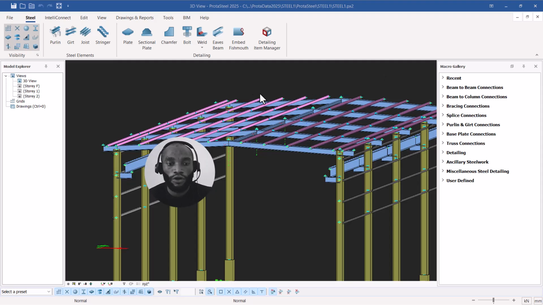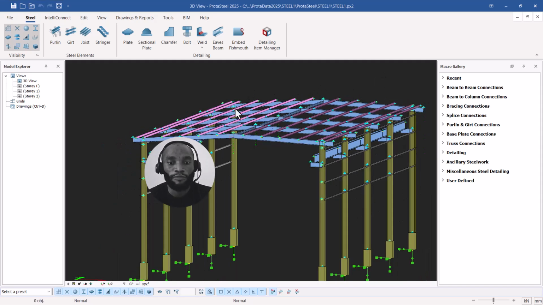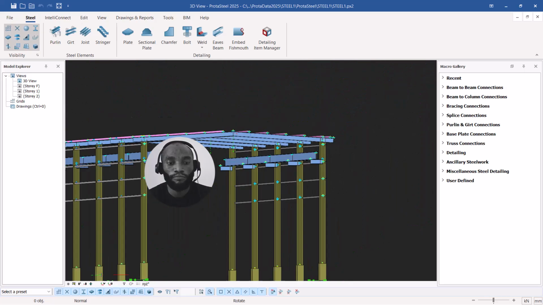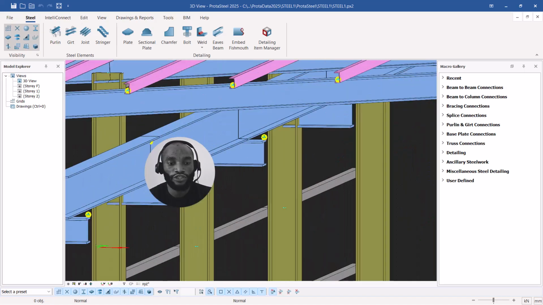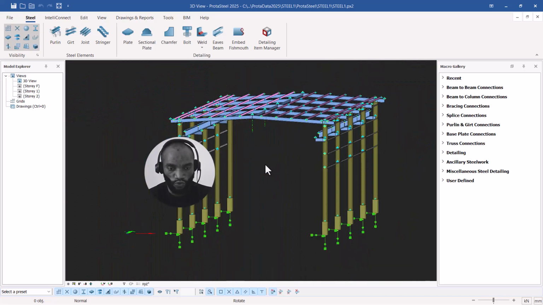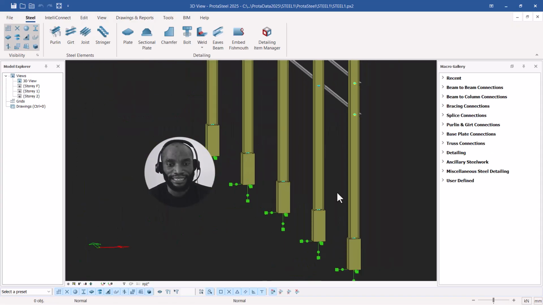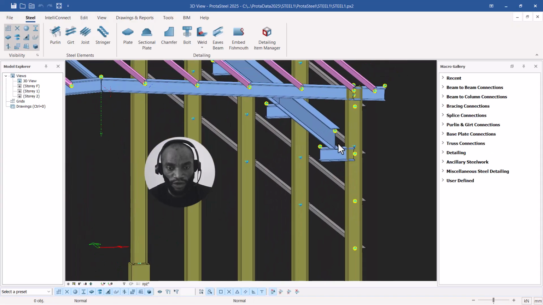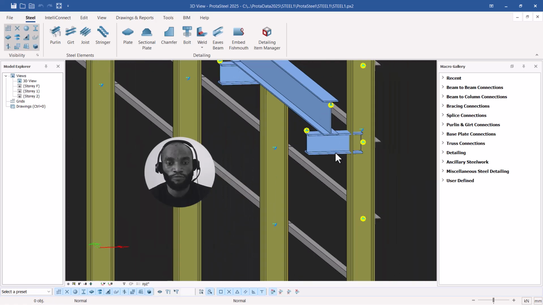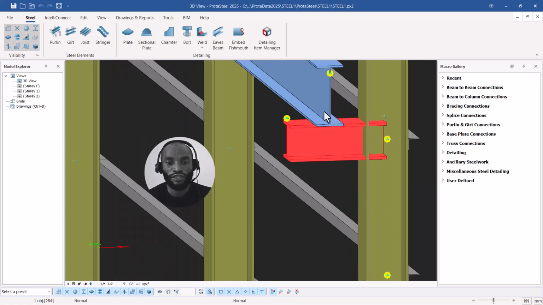So now on the Prota Steel, you can see that our Prota Steel has opened, but right now there is no connection, there is nothing. So we are now going to begin the connections for this, and we can start with the connection between the column bracket that is carrying this